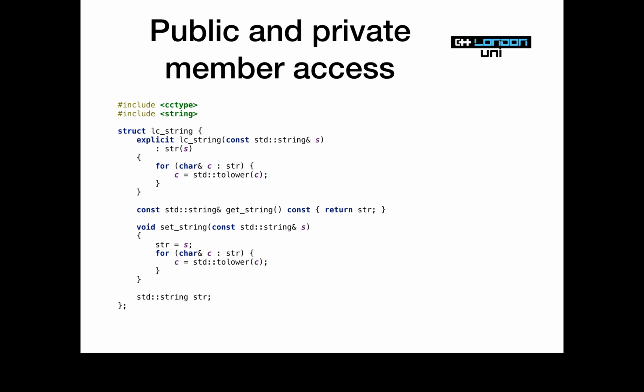Now, for this class, it would be reasonable to have a default constructor, and I thought about it, I just didn't want to take up space on the slide. An empty string is lowercase, so that would be fine to have a default constructor here, in my opinion. So in this case, would you need to have defined a default constructor inside this struct? You would. We've written our own constructor here, so we don't get a default constructor. I'd have to write LCString empty brackets equals default semicolon. I didn't want to take up any more space on the slide because it's already quite small.